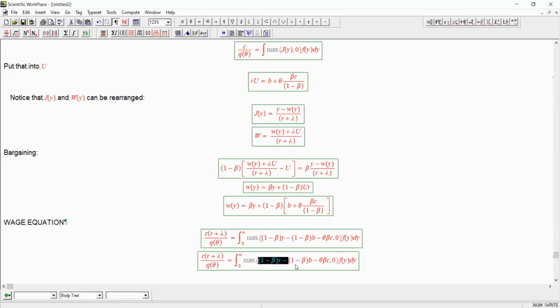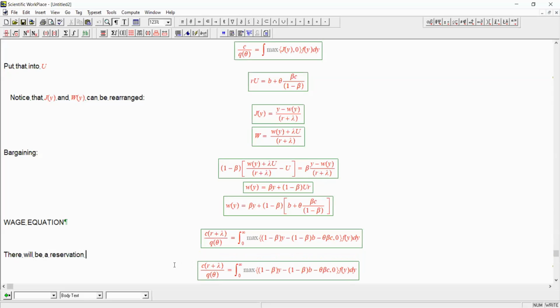We're taking the maximum of that expression and 0, and since this is strictly increasing in y, what this tells us is that there will be a reservation level y star above which the job is created because there's some surplus to be shared, below which no job is created because there is no surplus to be shared. And so we can just write this in a simpler fashion as y star of